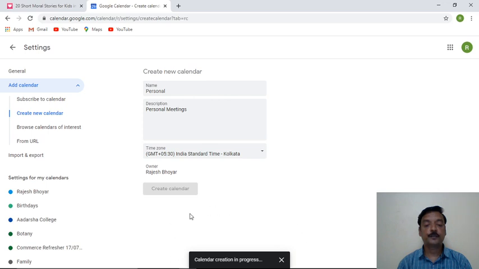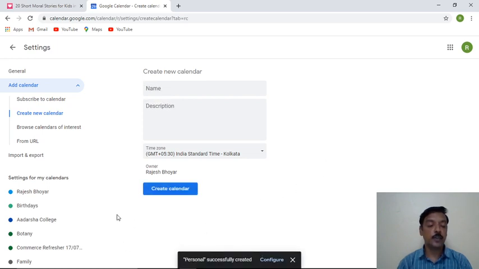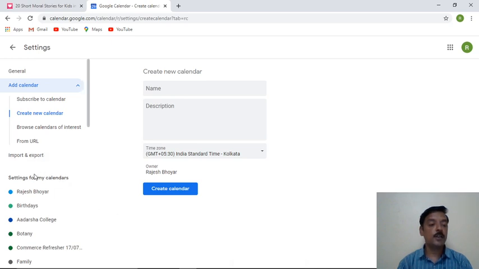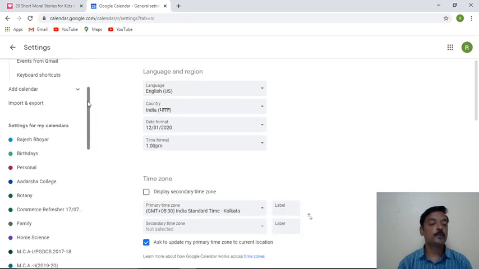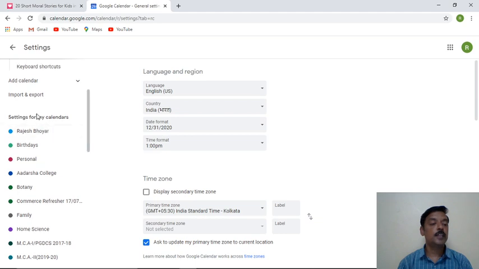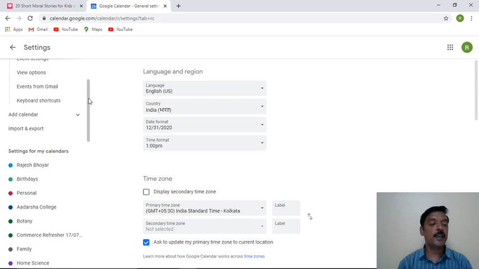It may take some moment, and again the personal calendar has been created successfully. So this way my calendar has been created. Now once this has been created, next we have to move on to the general settings of the calendar. The idea is that this way I have created my calendar.